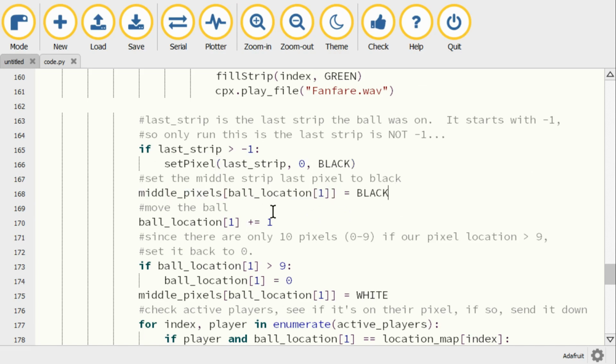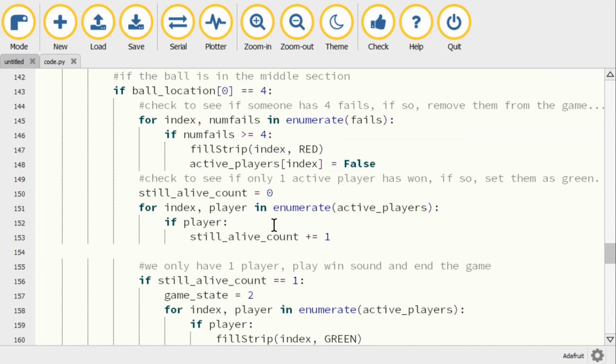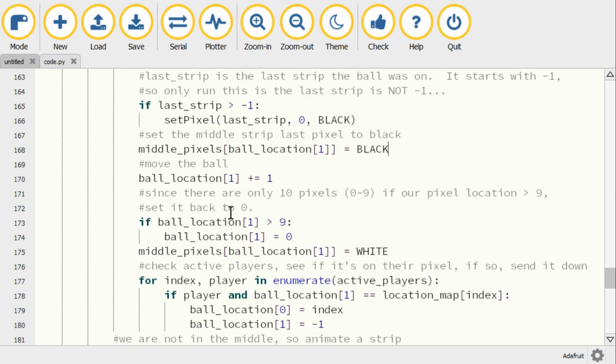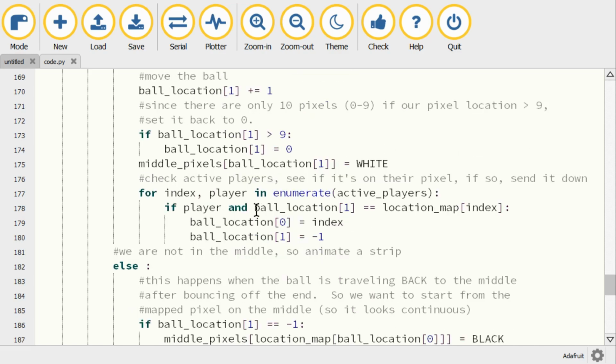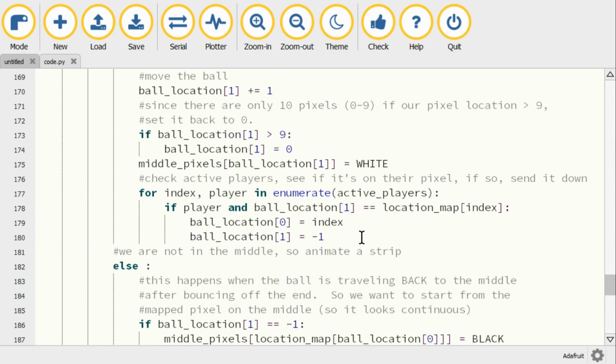Then we move the ball location. If the ball location is greater than 9, we turn it back, and then we set the next one as white. So this is for ball location 4, which is the middle. It's the same animation sequence we had in the beginning. It's just going to go around the pixel circle, adding 1 until it hits 9, and then going back. Then we're going to check if our current location is our hopping point, meaning the pixel in which we want to jump onto the next person's